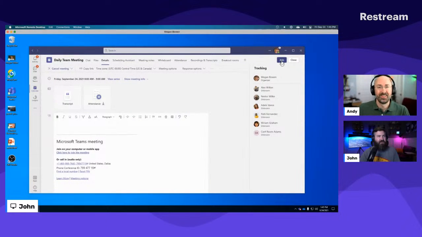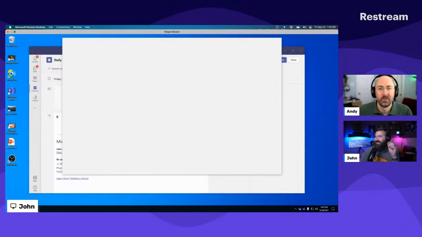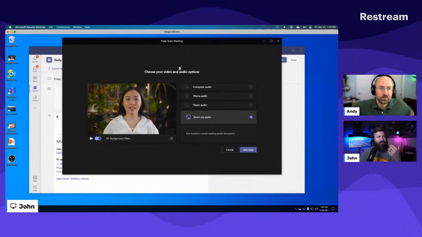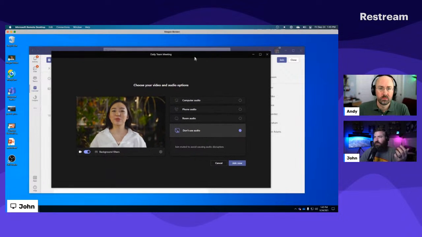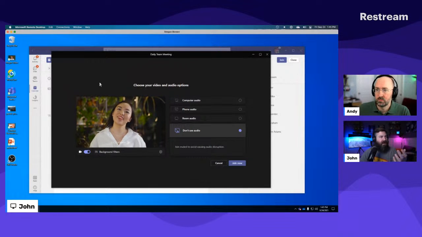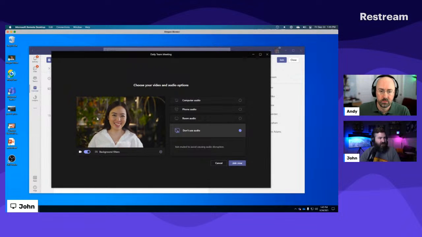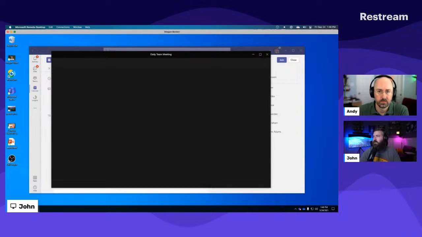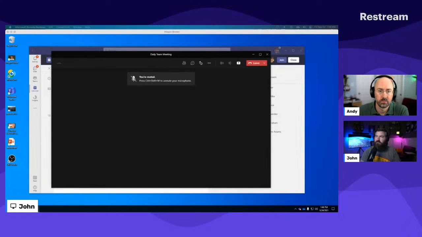While Outlook loads, I'm just going to go ahead and join this meeting and show what it looks like here. When you go to join the Teams meeting, you've got your basic join screen, right? And this is my home lab. So I'm actually running ManyCam as a virtual camera that we can show off, and it's just looping this girl that I'm calling Megan Bowen, so we can join with her, and she's just using a webcam. I'm going to do no audio so that I don't get an echo, and then we'll have an active meeting, and we'll add Andy to this as well and see what it looks like to do the presenter modes and all that cool stuff.